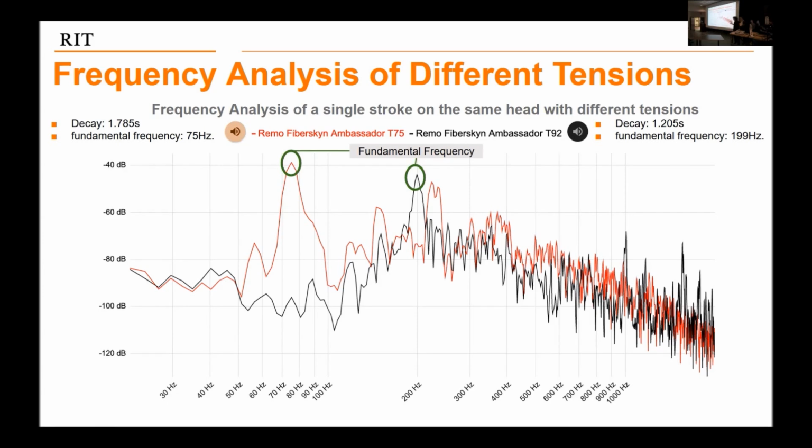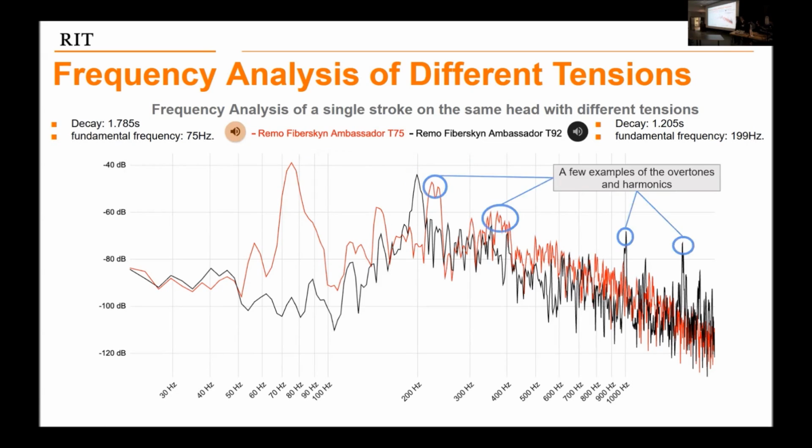And if I could play the audio clips, I would, but you can kind of use your imagination about how huge these differences are. And then you'll also see that there are big jumps in between the harmonics for the drum tuned to 75 and the one tuned to 92. The reason for these big gaps is mostly just because there's a huge shift between where the fundamental frequency is. There is a bit of a gap before you start seeing overtones and harmonics, usually double, 1.6, 1.4,